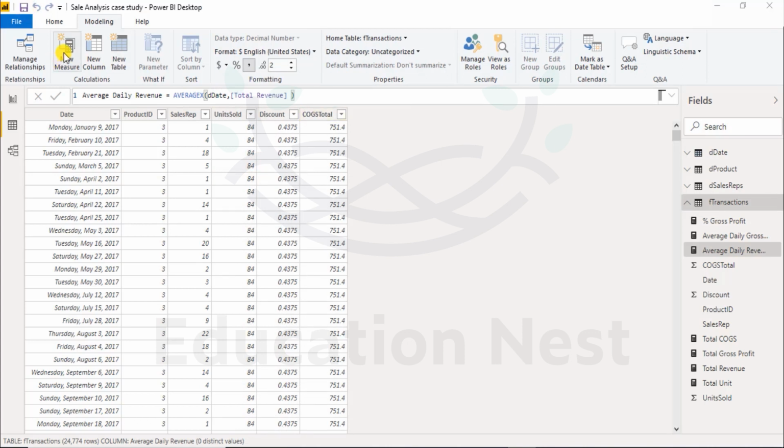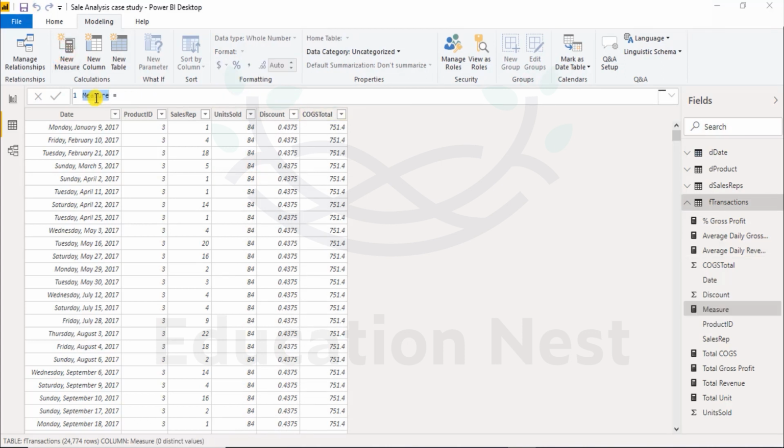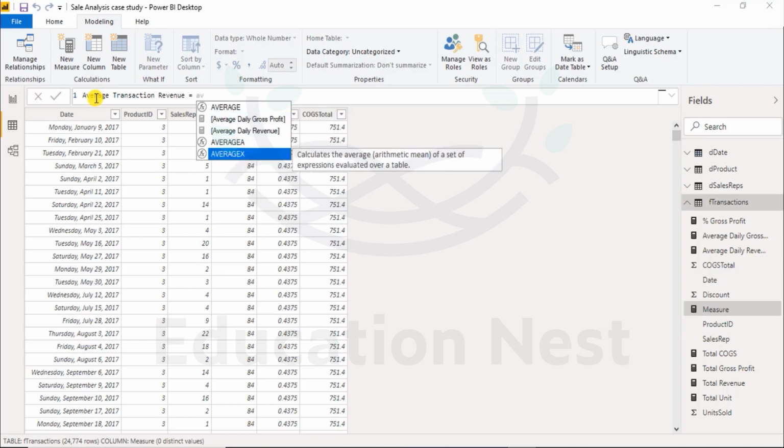Now let's create a new measure. Now we want our average transaction revenue. Now how to find out the revenue? We know that we can take the units sold value, multiply with the retail price and minus the discount, and we will round up by 2. Round up by 2. So we want an average, so we will take the AVERAGEX function